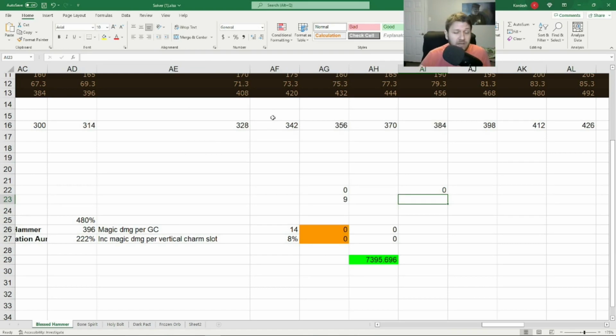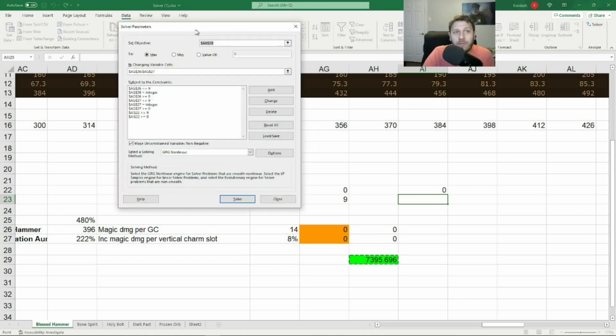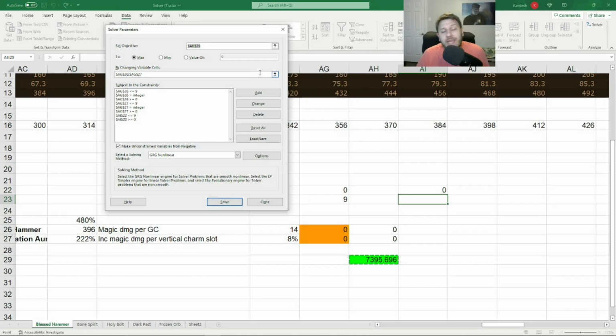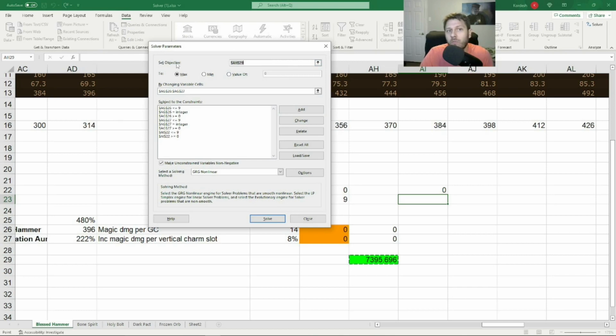If you try and use the solver add-on on Google Sheets, it is trash. It will not work, and I will explain that a little bit more. So we're going over to the solver add-on. Boom, we click solver, and I've already set it up, but I can kind of talk about it a little bit. I don't think I can make this any larger, which is unfortunate, but basically